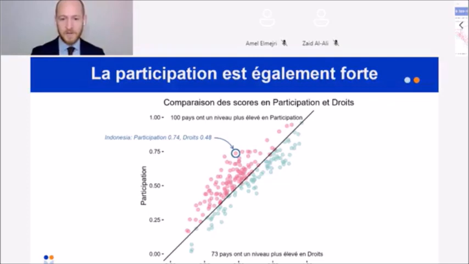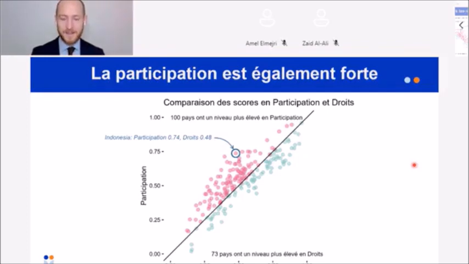So here we've graphed the level of rights protection and the level of participation in all of the 173 countries. And what you find is that at sort of mid-levels of rights protection, you already have high levels of participation. And so Indonesia is an example of this. Indonesia has basically a mid-range level of rights protection and yet a high-range score in participation. And you observe this in quite a few countries. This illustrates the fact that there is a